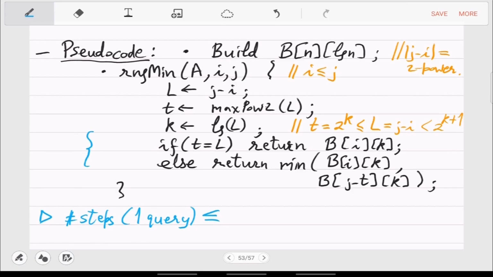So range minimum, where you are actually using the array A, that is the data or the input that was given to you in this particular problem, that information is being used only in this if-then-else part, because B actually depends on A, which is the input. So here you are doing trivial things. This is constant time. So query is actually constant, O(1) time.